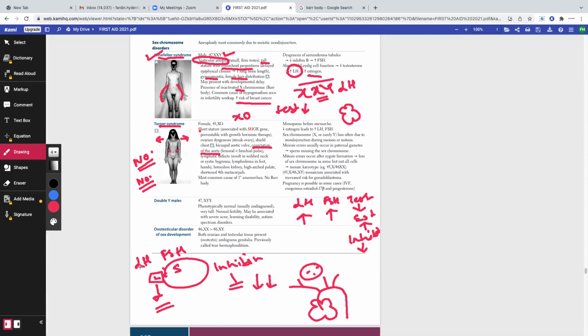What is coarctation of the aorta? Coarctation of the aorta is a condition where there is constriction at the level of, let's say, the aortic isthmus. If there's a constriction at the level of the aortic isthmus, can we expect the blood flow to be higher in the upper part of the body? Yes or no? That is the supply of the subclavians and carotids. The answer is yes. And what would happen to the blood supply to the lower parts of the body? Can it be low? Yes or no? The answer is yes. So in these patients, can we expect radiofemoral delay? Yes or no? The answer is yes.